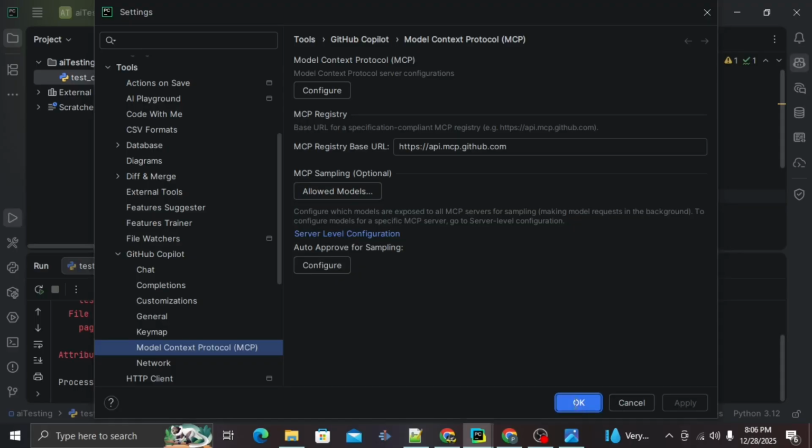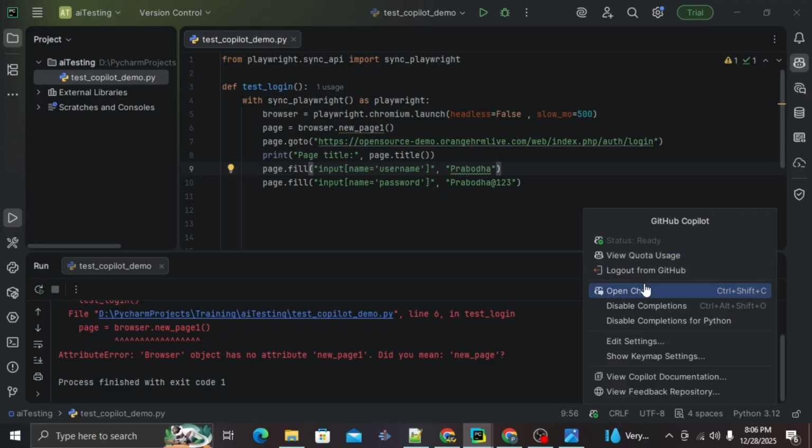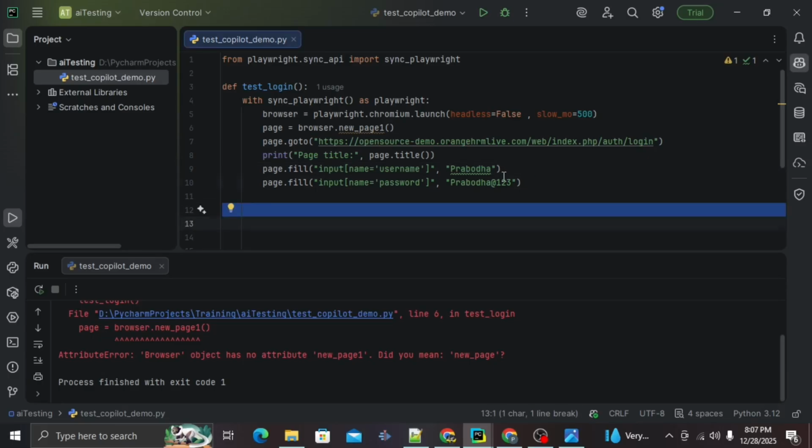And I will jump back to my IDE again, and I will show you the magic of these things. If you click on this GitHub Copilot icon, please make sure that you keep logged into GitHub all the time, otherwise the suggestions will not appear. So, okay, now